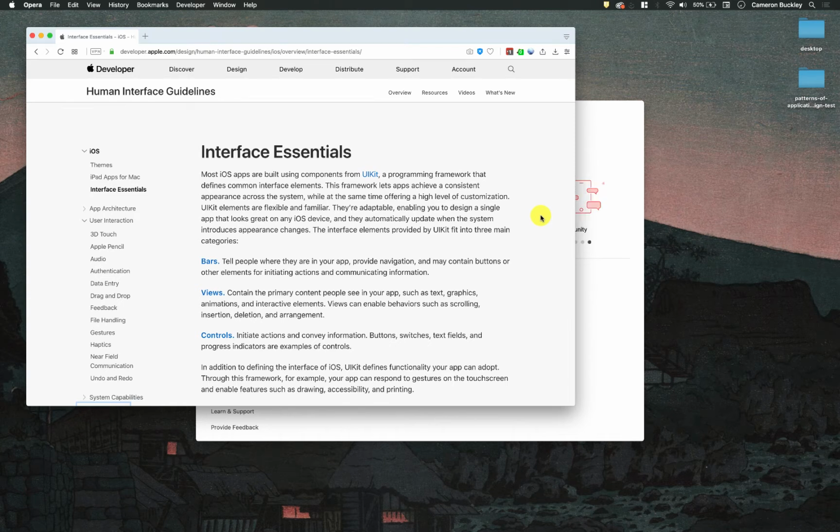So let's talk about some more interface things for iOS. Here on the Apple developer website, I'm on the Human Interface Guidelines. If you simply Google search Apple Human Interface Guidelines, you'll find this page. On the left-hand side, there's a bunch of different areas. Basically, these are the guidelines from Apple for different designs for their apps for iOS, for macOS, for iPad,